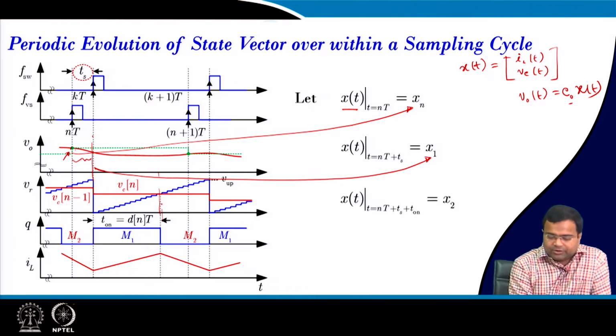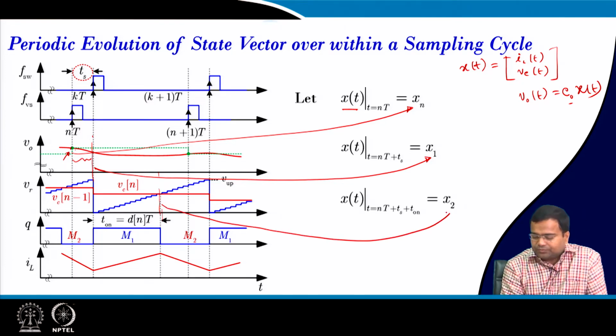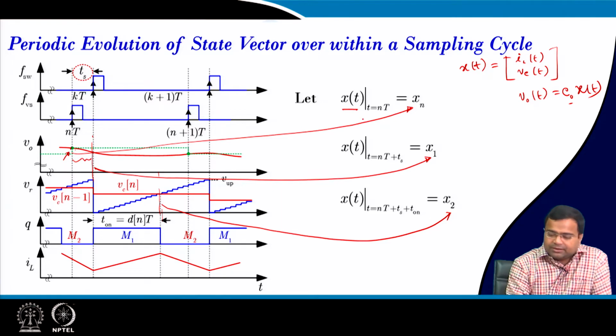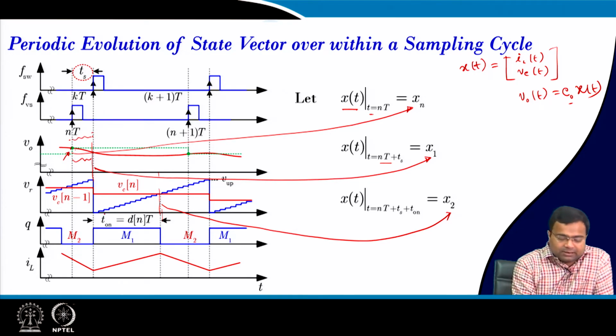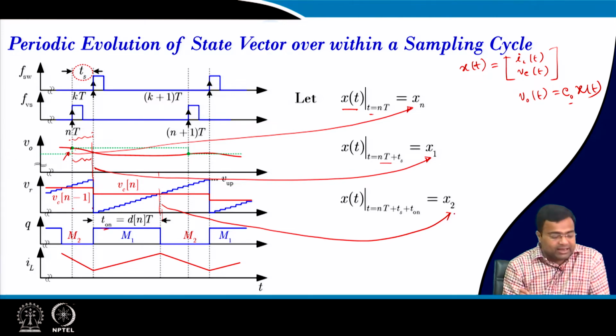This point we call x2. If you see the durations, the first point will come at t equal to nT, the second point will come at nT plus Ts, this is the duration Ts, and the third point will come at nT plus Ts plus dn T on, that is the on state, this is the on time T on, x2,